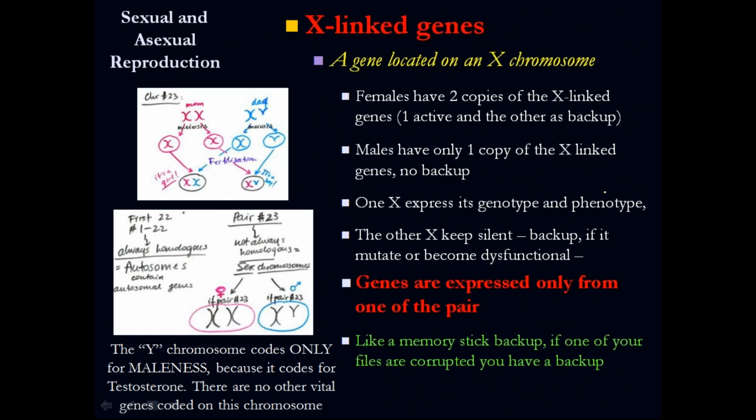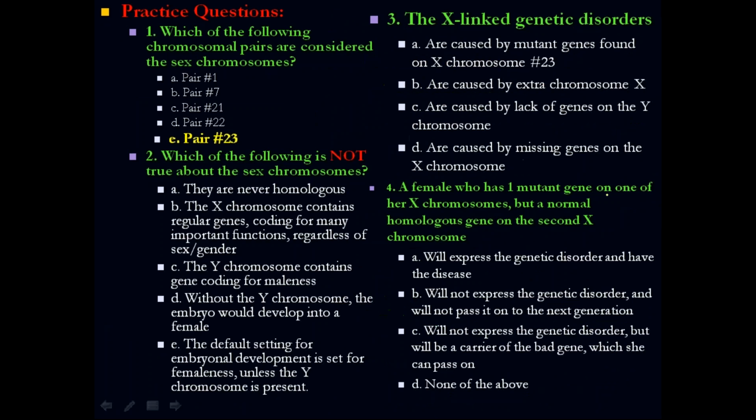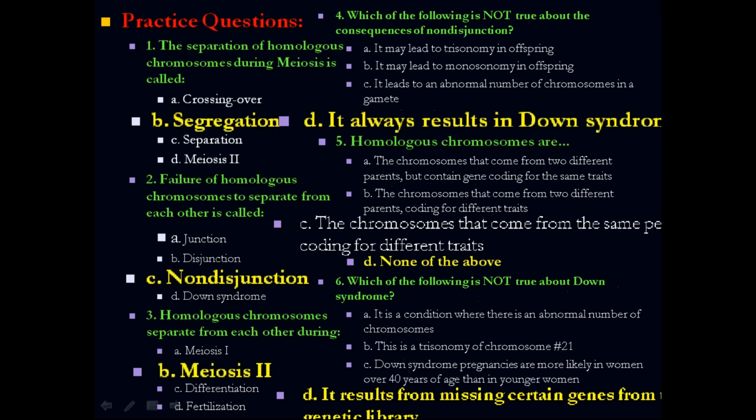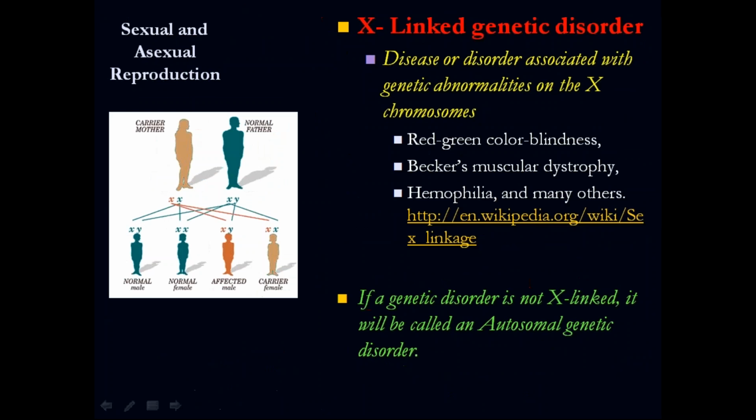Okay, so we have the X-linked genes. Talking about the X-links, you already know that. So we have color blindness, right? Color blindness is mostly related to chromosome X. Let's suppose that this is the abnormality, but in a female, when you have another X, this portion that is abnormal is going to be compensated by the other portion of the X.